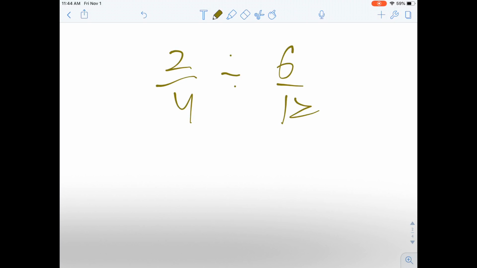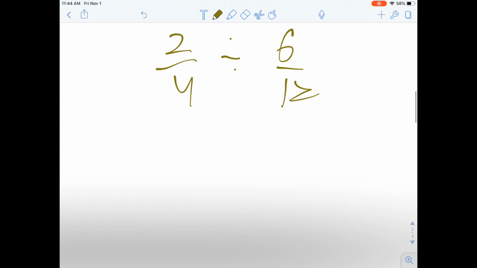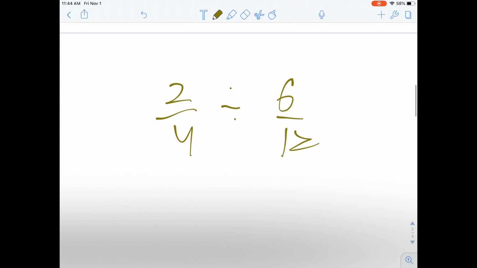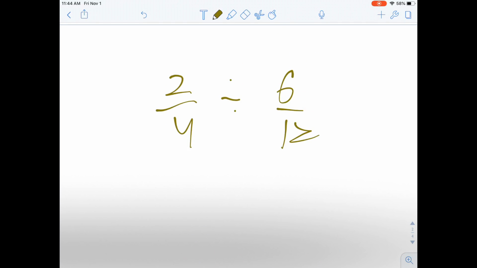Have you tried and tried again to figure out how to divide mixed numbers, but you just can't do it? Well, that's what I'm going to help you with. Today, I'm going to be teaching division with mixed numbers and mixed number division with the whole number. Let's get into it. So first, what I like to do is do the keep it, change it, flip it